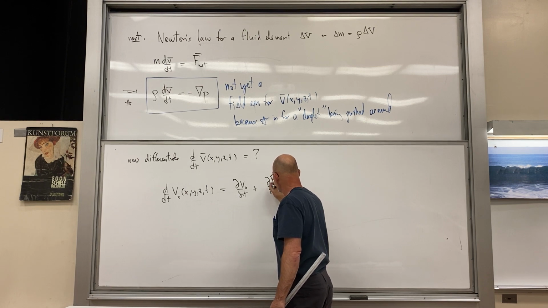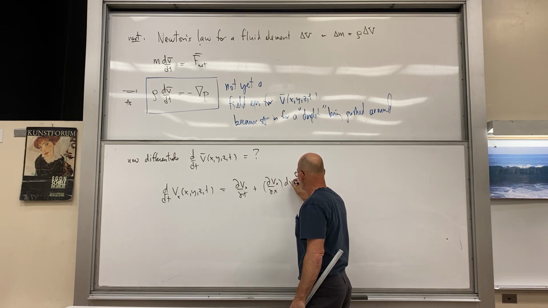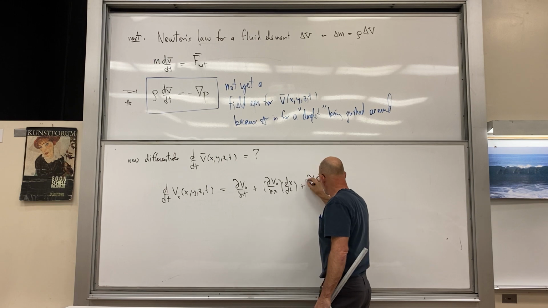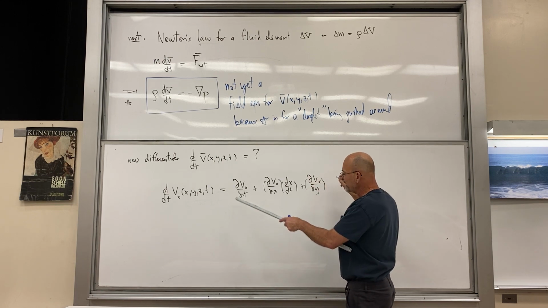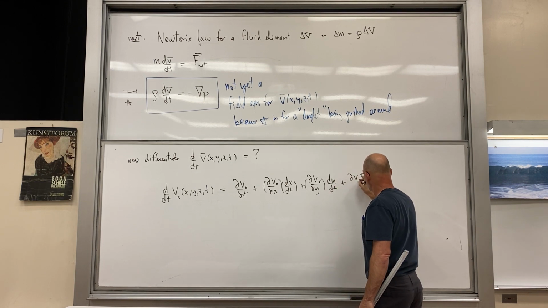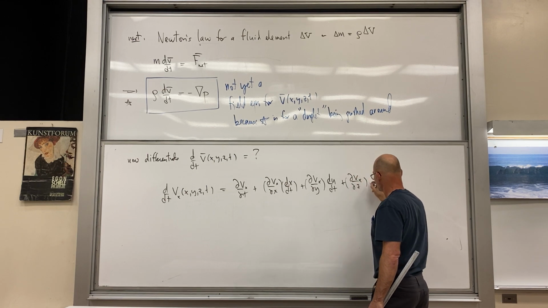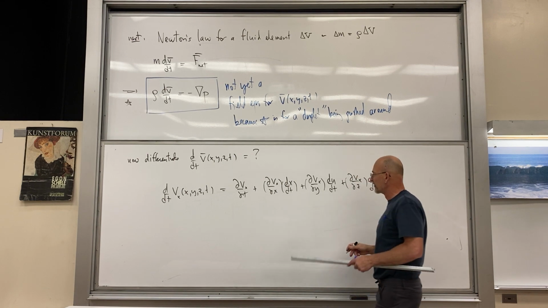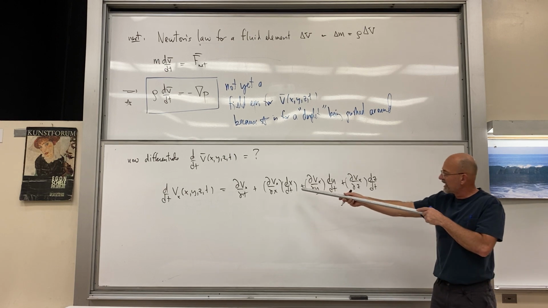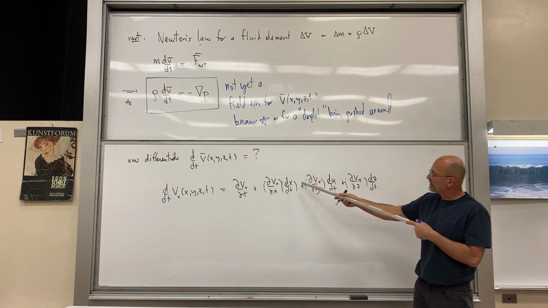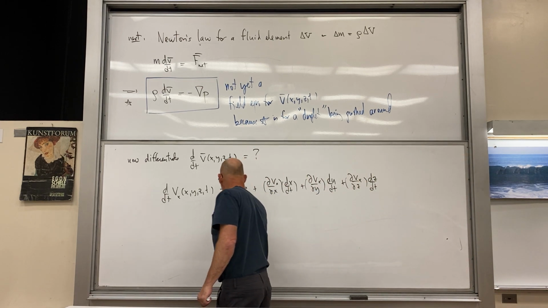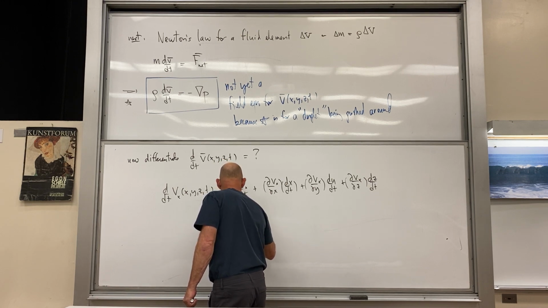dvx dx, we do the chain rule, dx dt plus dvx dy, dy dt plus dvx dz, dz dt. Okay. And now we're going to interpret these three expressions, dx dt, dy dt, and dz dt, as v sub x, v sub y, and v sub z. So now we have dvx dt plus,